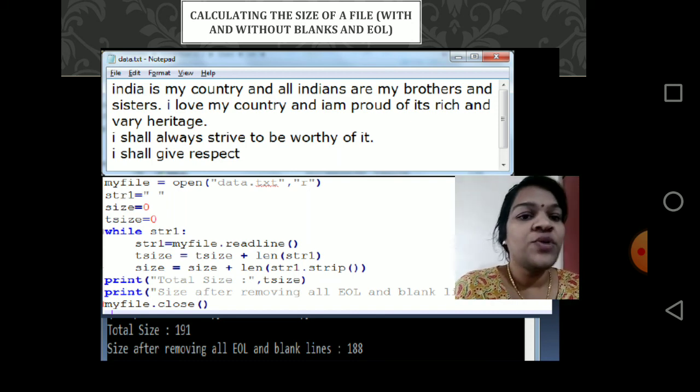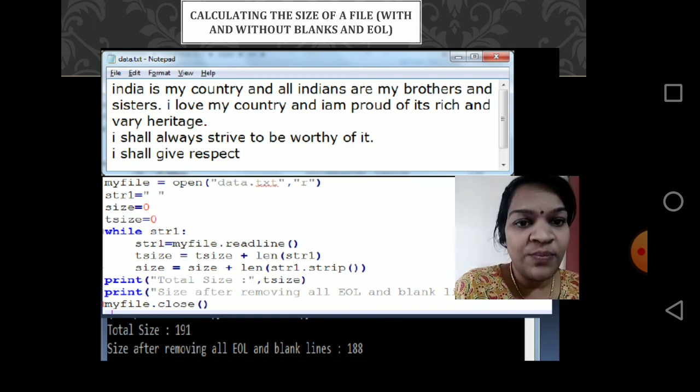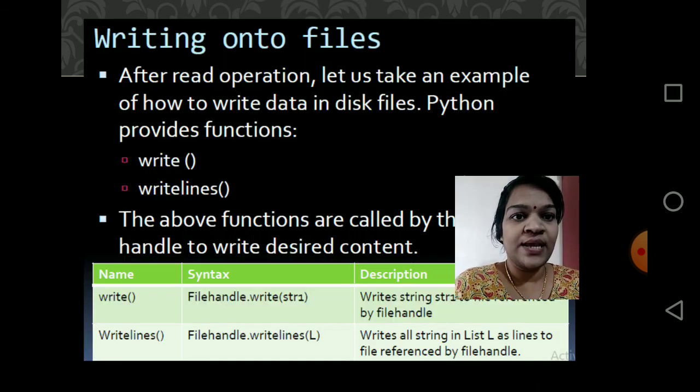We just have to learn how to use the data after taking it into a variable. So normally how do you do programming with other variables? Just like that, you can use those things inside. So this is not the end of the session. Now I'm stopping the session here, but we will be continuing in the next video. The session contains writing onto files also.